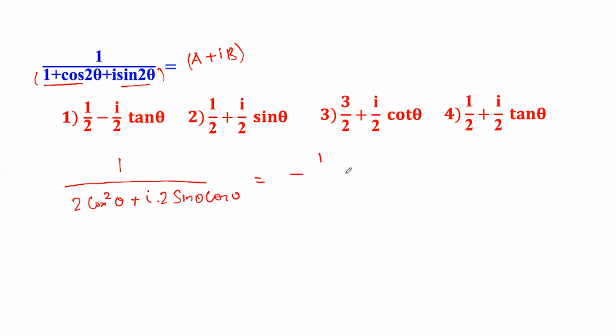So 1 upon 2 cos theta, into cos theta plus i sin theta. Now this is coming as a very good condition, like we know that this is e to the power i theta, or e to the power minus i theta. But the best thing is if I multiply this by cos theta minus i sin theta in the numerator and denominator,